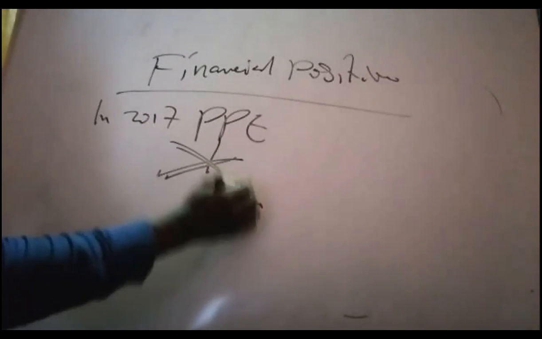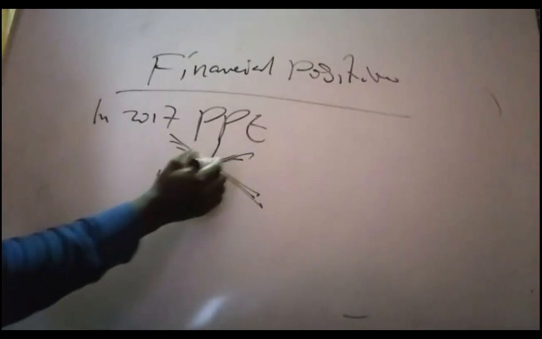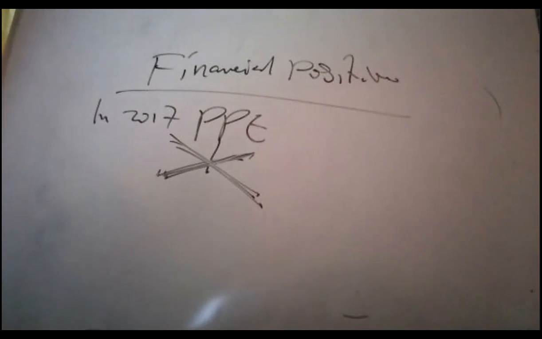Just that here I concluded everything. So financial position. I'll start with PPE. So in 2017, PPE, please no shortcut, I'm begging you. It's an official report, no shortcut. PPE, danger sign, examination danger. In 2017,